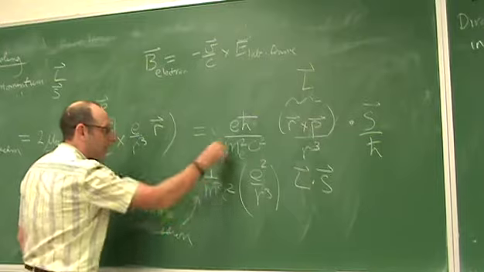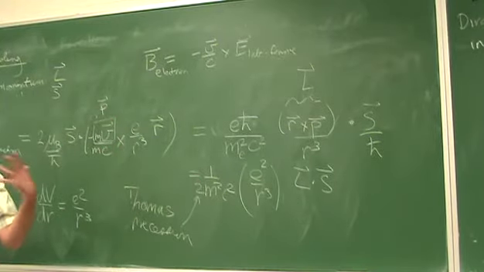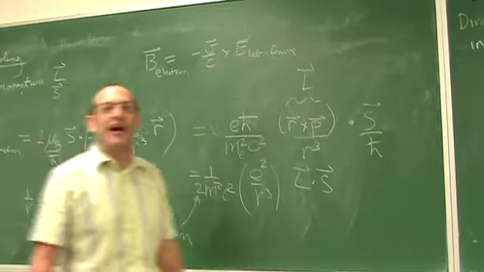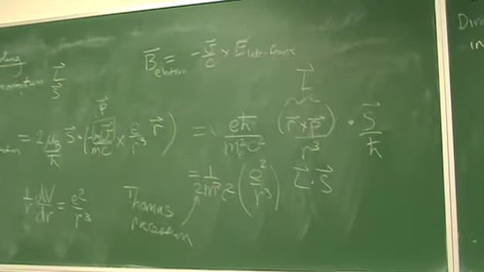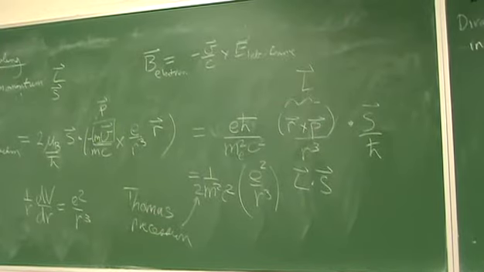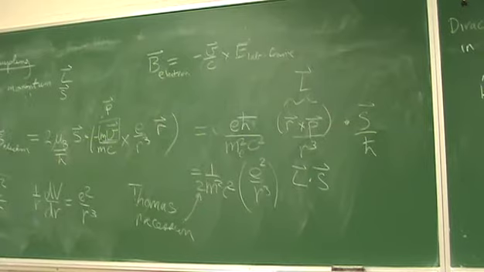And that corrects this by a factor of 2, which is in effect having to do with the fact that we're not in an inertial rest frame. So that's why it's better to do it from the Dirac equation, because who the heck would remember the Thomas precession? Not me. Okay, so we got the relativistic kinetic energy correction.